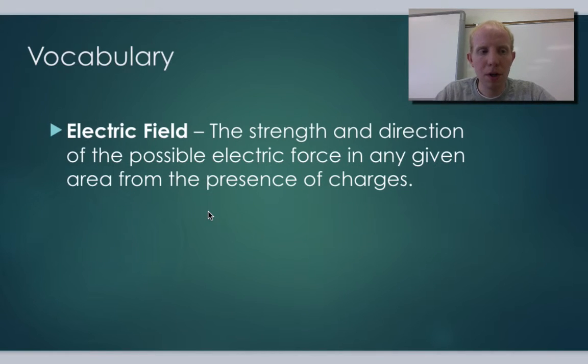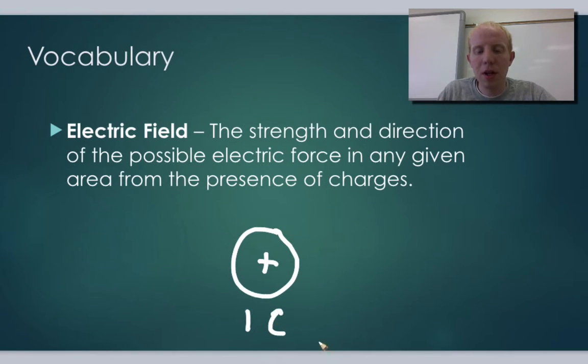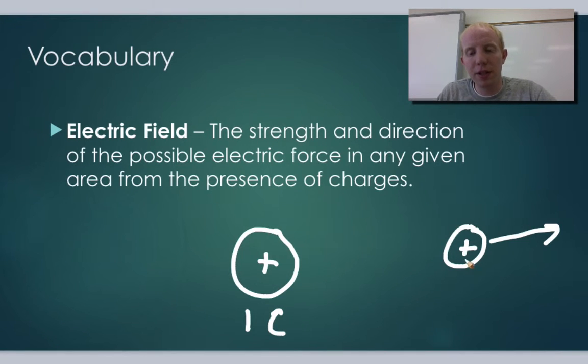Let me give you an example. Let's say I put a positive charge here, and it's 1 Coulomb. Then let's say that I put another positive charge here. We don't know how much charge it has. Regardless of how much charge is on this one, and how far away it is, we know that this 1 Coulomb charge is going to push in this direction on that charge over here. So there's an electric force that it's going to put on this one, and it would put one on him, but let's assume that this one's not going to move. It's going to put a force on this